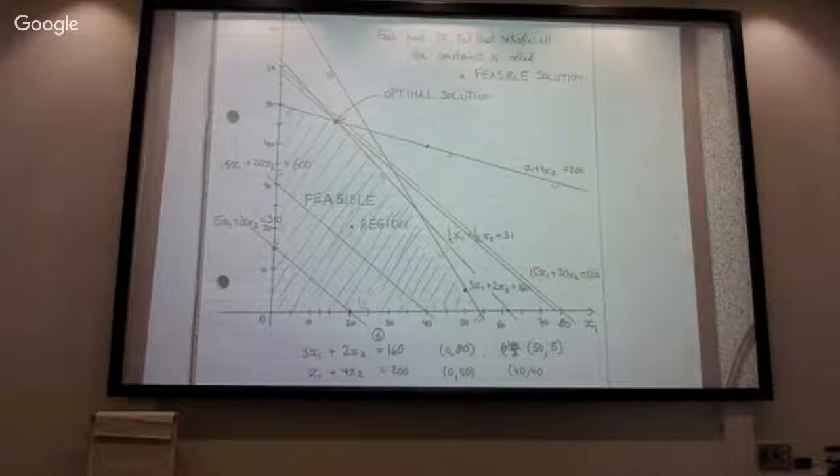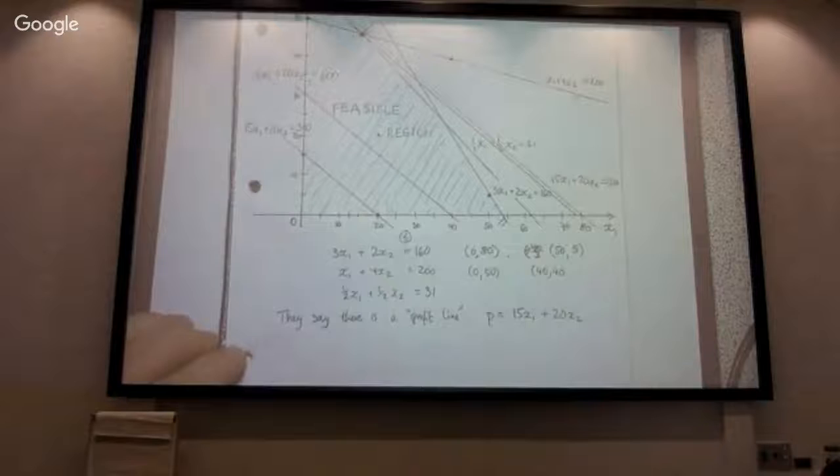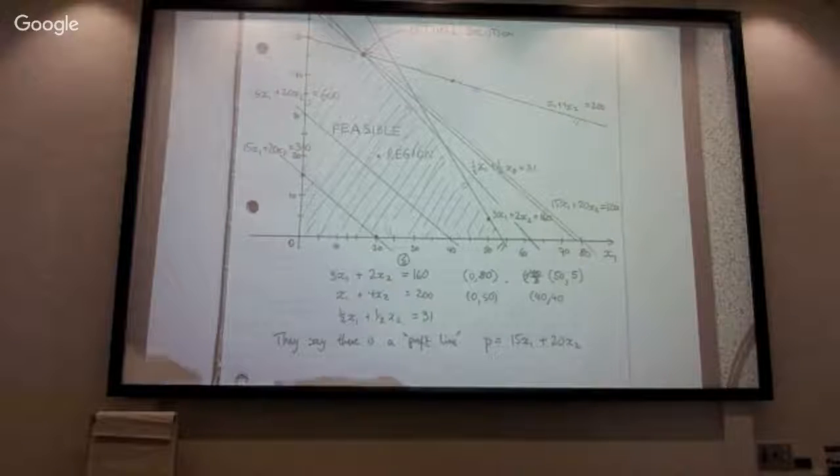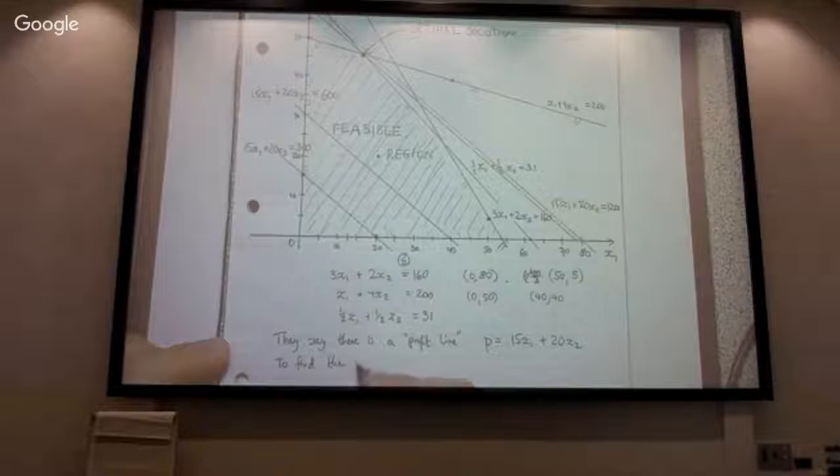Now, what are the coordinates of this point? Oh, yes, that's a brilliant idea indeed. If you want to find out, you could start looking at whether you can see something down here or left there, but that wouldn't be quite so precise. If you want the precise coordinates, well, here's the intersection of two lines whose equations we know. So to find the coordinates of the optimal solution,